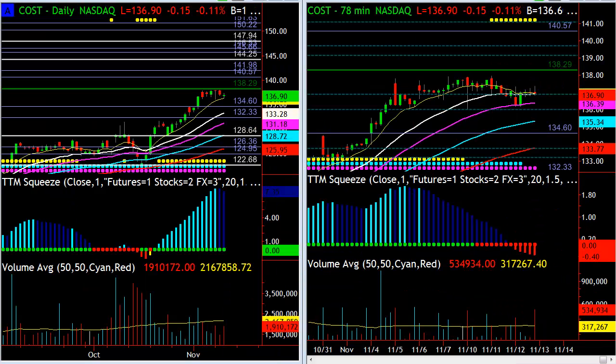Looking at a few other positions here, I like Costco still. As you can see on the daily chart, Costco's had a fantastic run and is slammed into some resistance here. So the question is, what kind of trade setup would I like to look at here? On something like this, what I like to look for is to wait for the momentum to shift, i.e. look for that yellow momentum showing that there's a shift, and that signifies that it's ready to push higher. Because I'm not looking for the same power as we saw here on the daily chart, I would want to go out at least 10 days and do a